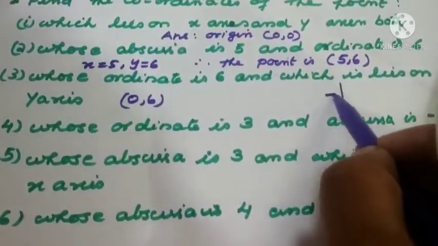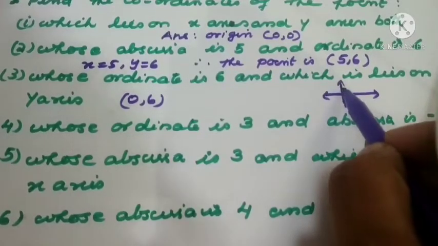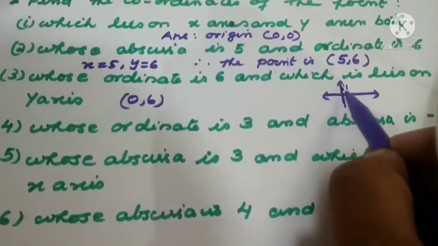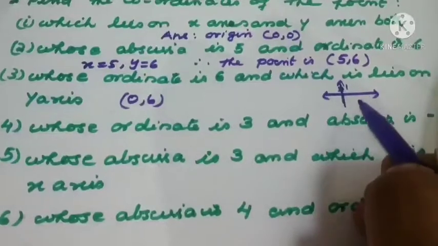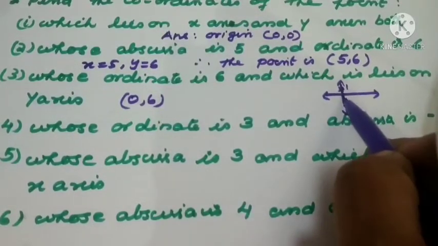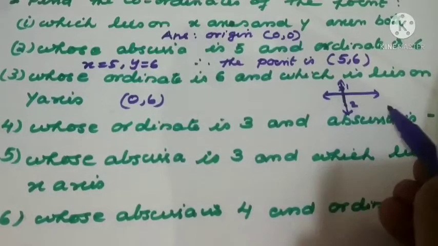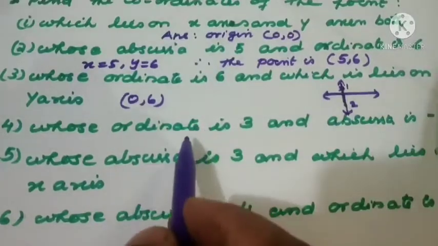Just to take here the x-axis and y-axis. When we are marking, this is 1 only. So what is the value? (0, 1). This point is (0, 1), that means the x value is 0 only. Now suppose it is -2. Coming this way means (0, -2). So when we take any point on the y-axis, the x value is 0 only.